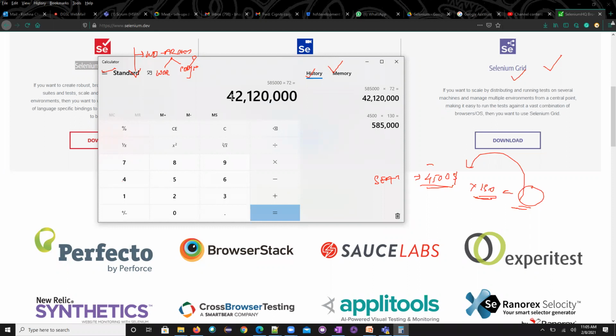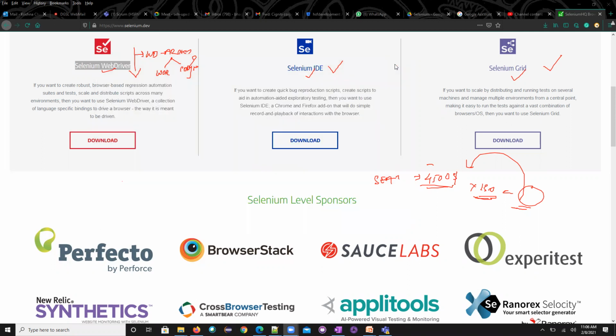Now, instead of this 42 lakhs, we are paying 0. This is only the tool cost. Apart from the tool cost, we need to pay for the resources also. But now there is no need to pay anything for the tool. The 42 lakhs of rupees has been saved for the companies. It depends on the company, but in our company we maintained 130 licenses costing around 42 lakhs per year. All of that was rooted out by Selenium, and that's the reason Selenium became the market topper.